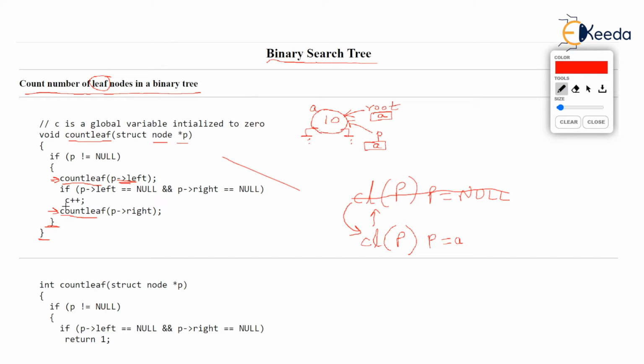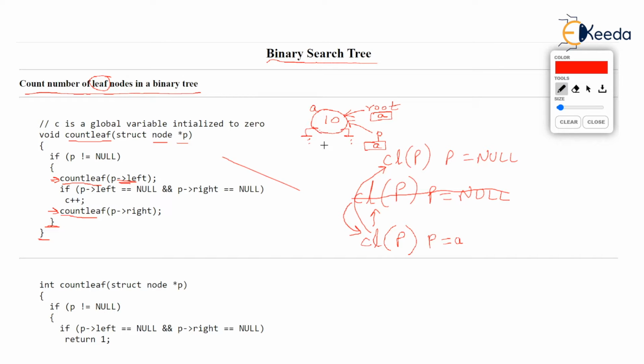So now what next? There is one more line, count leaf p arrow right. That means for the same node 10, we are calling count leaf again, but this time we are calling count leaf for the right child, right of 10. So count leaf p arrow right is called. So you check that count leaf p with p at a is going to call count leaf p with p equal to null again, because the right child of 10 is null, and you know what happens when p is null.